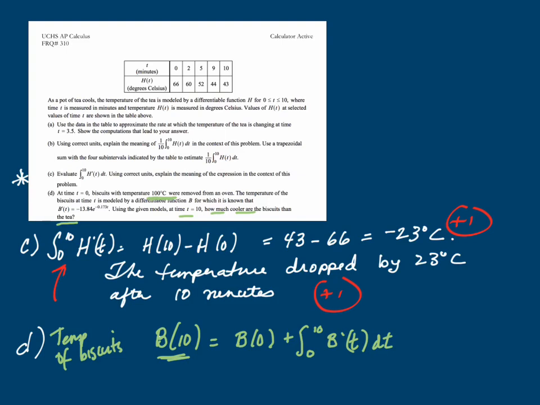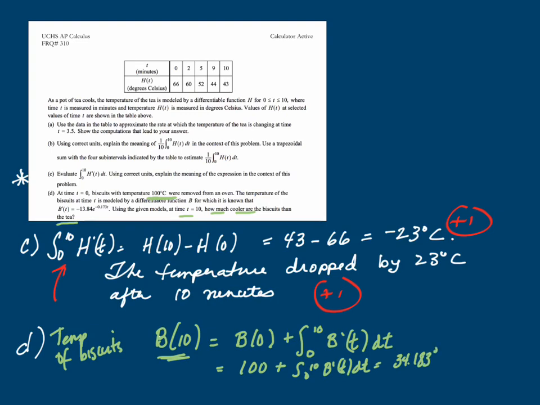And so you know what, you're going to have to use your math calculator, but that's equal to 100 plus, and then you would put that into your calculator, and let's see, I just did it together, so 100 plus the integral from 0 to 10 of b prime of t dt, and that's equal to